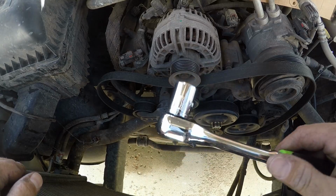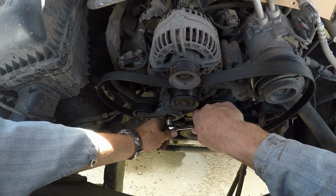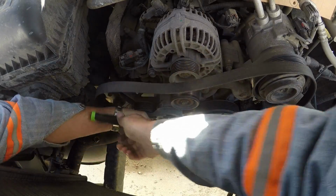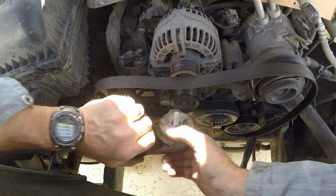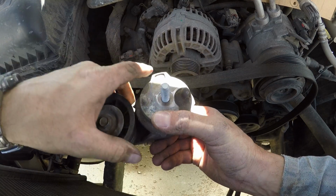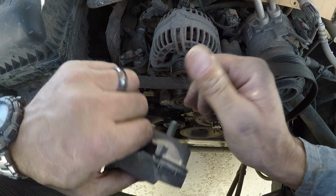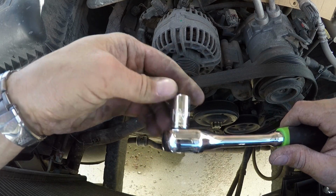First thing I'm going to take off is the tensioner with a 15mm socket. There we go. Yeah, you see these are little dowel pins cast into this. I'm just going to go loosely put this on the new one just so I keep the orientation of all the parts on the new one. Next is the idler pulleys,